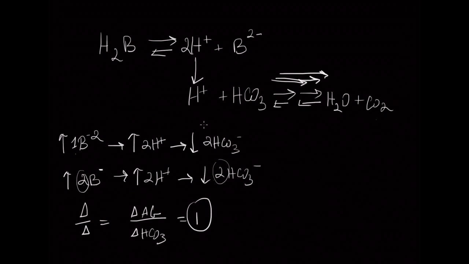Most of the time in the body, you have organic acids that just come in the form of HA, where they break down into A- and H+ in a 1-to-1 ratio. So that's an introduction to the delta-delta. In our next lesson, we go into more detail as to how these formulas interplay with one another and how you can interpret